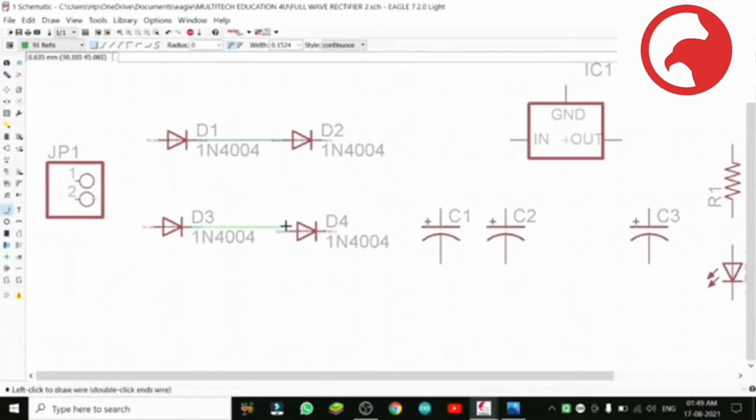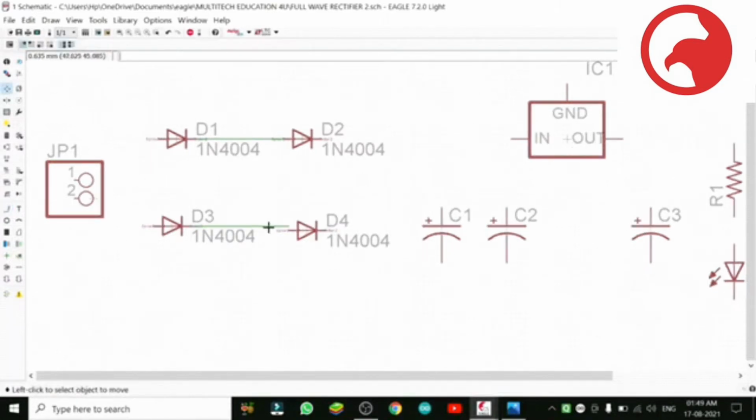Now see, it is not connected, meaning our diode is not in line as per the grid. From the grid we can check whether it lies on the same line. So we will move it a little up. Now, but it is still not connected. You see, it is moving freely and the wire is not moving with it. So we need to make this connection again.